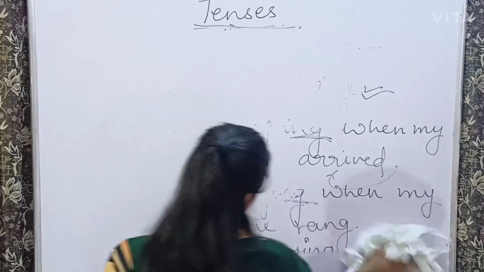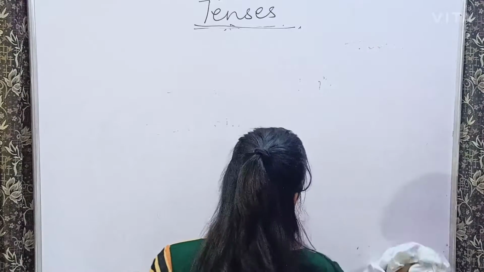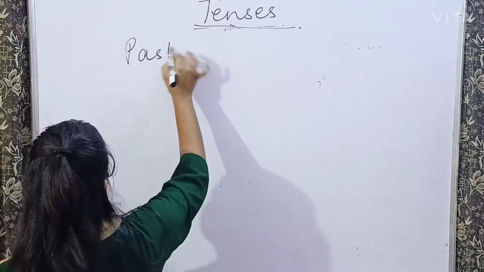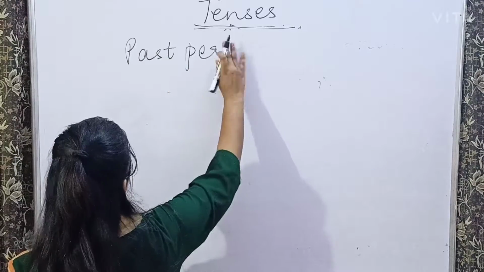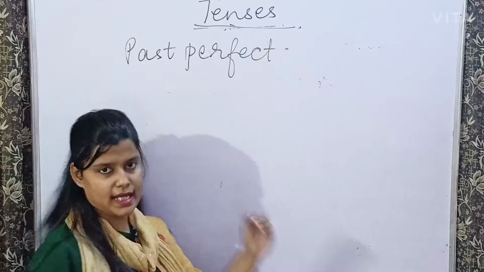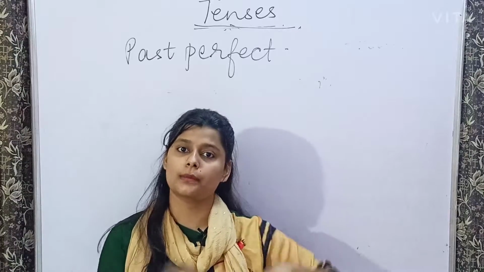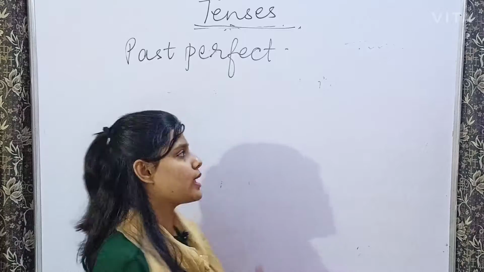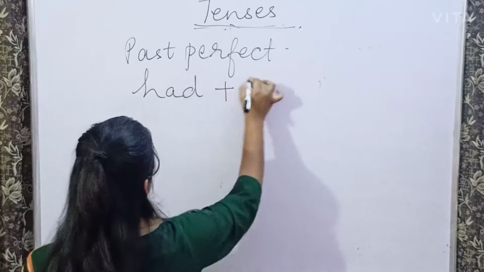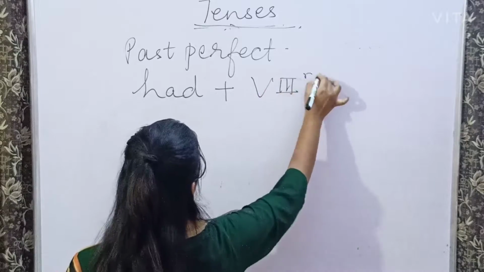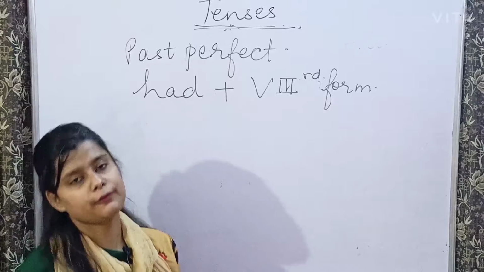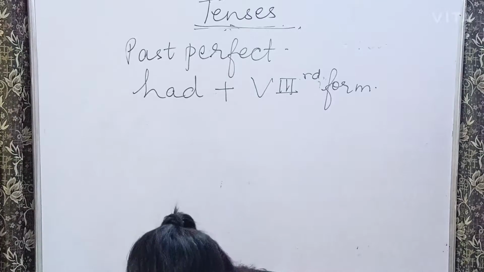Now we will be talking about past perfect. तो जैसे present perfect में हम has या have लगाते थे प्लस वर्ब की थर्ड फॉर्म लगाते थे, तो इसमें हमें क्या लगाना है, we only have to put had plus verb's third form. इसमें हमें had लगाना है प्लस वर्ब की थर्ड फॉर्म लगानी है. ओके, for example